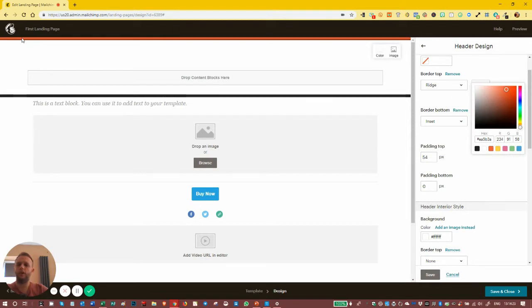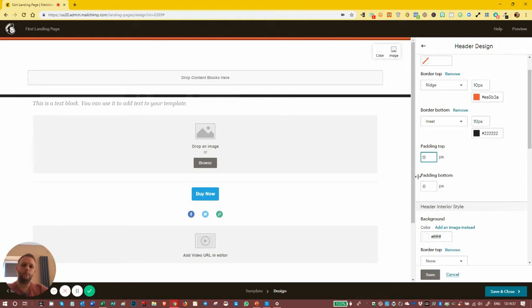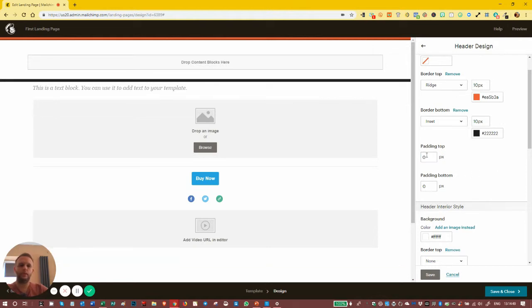We've now got this top border and this bottom border here. We can change the padding, so as you can see, we've got 54 pixels padding on the top and 0 on the bottom. So we've got padding from here up to here, so we can make the header bigger or smaller, and we can move the content in that header to different places,